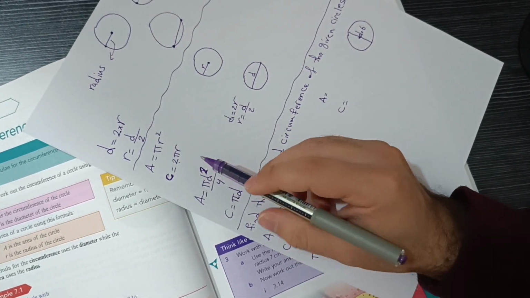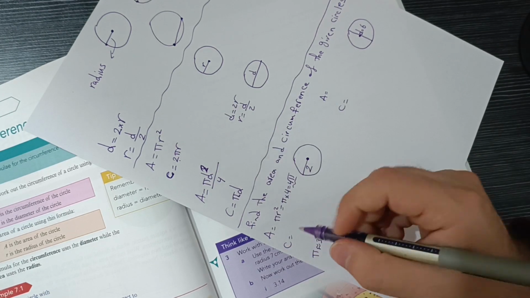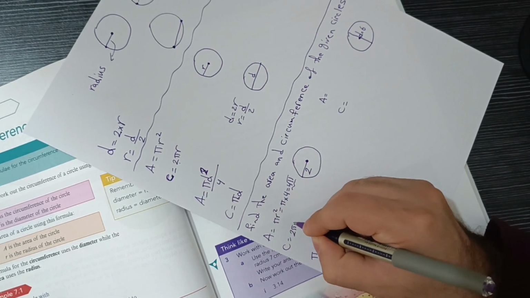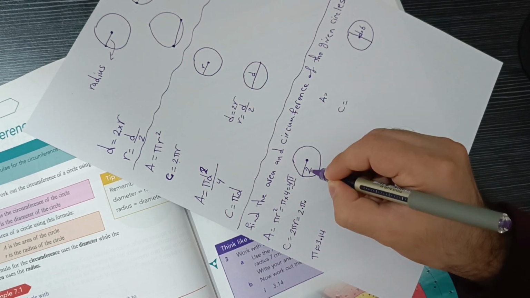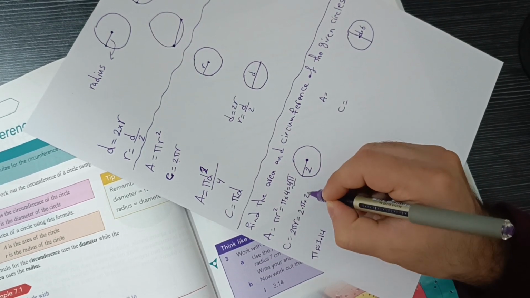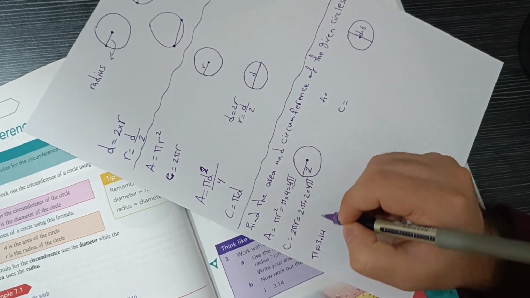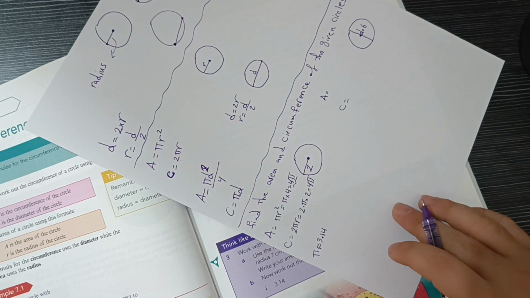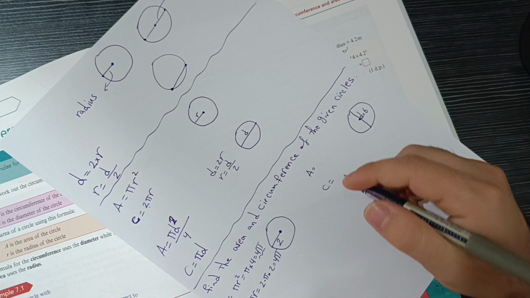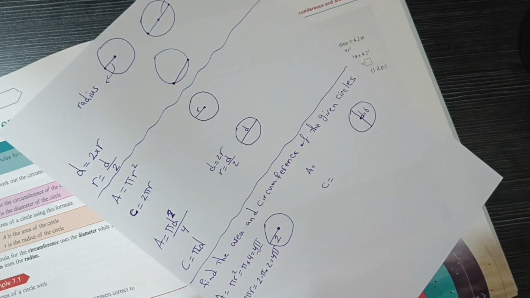The circumference, while we had radius, it was 2πr. So 2 times π times the radius, which is 2. 2 times 2 is equal to 4π. So for this circle, the area and the circumference are the same. How about